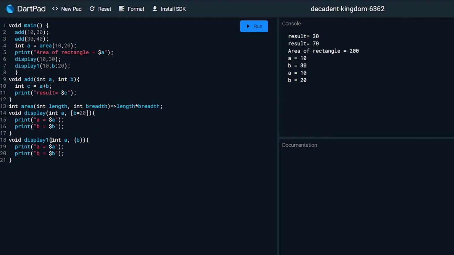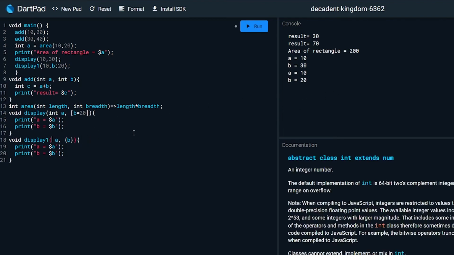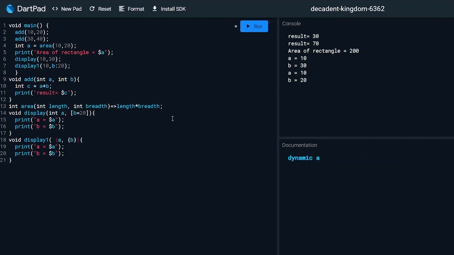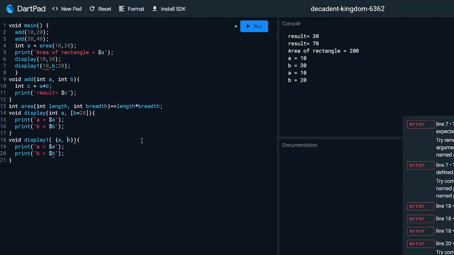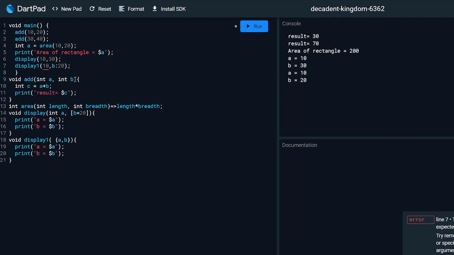So if we enclose a also in curly braces, like if we enclose both a and b in curly braces, here see there is an error, too many positional arguments but one found. Because we have not received any positional argument, but we have passed one positional argument here. So here what we can do is, like I have written b second, but I can pass b first, like b 10, then a 20. This should not be an issue. Just see.